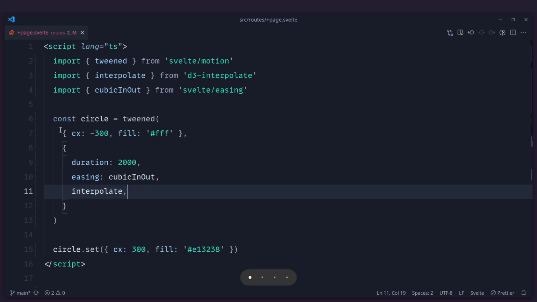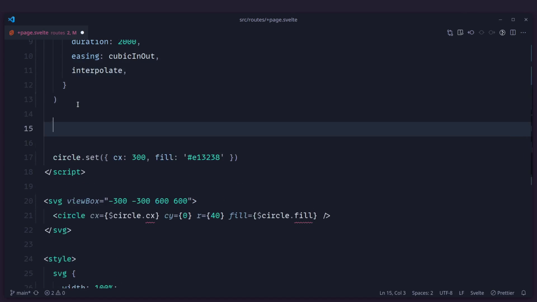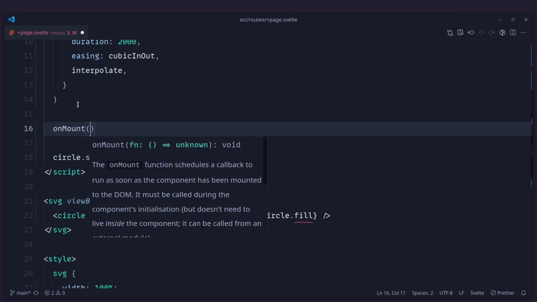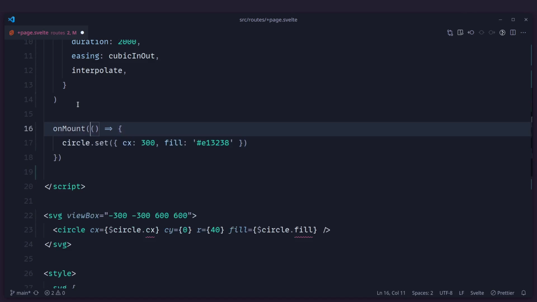So now you can animate any value that you want. But you know what's also awesome? The Svelte Tween Store returns a promise, so we can await the animation and we can do a sequence of animations. So let me just show you how that works quickly. So we can go here and we can import onMount, and then we can pass it a callback like this. I'm going to move this animation here. Let's just make it async. So now let's make the circle animate to 300 and then let's make it go back to minus 300.